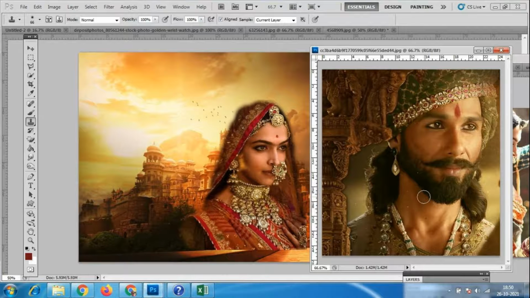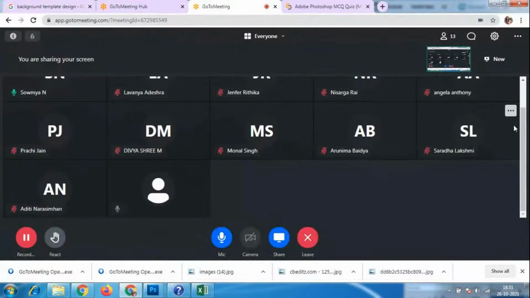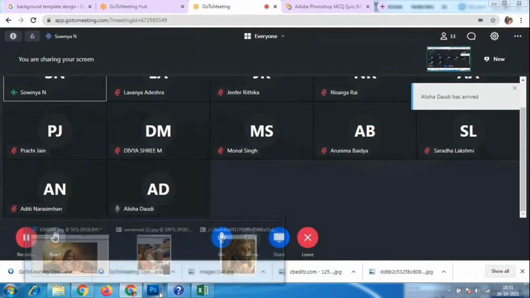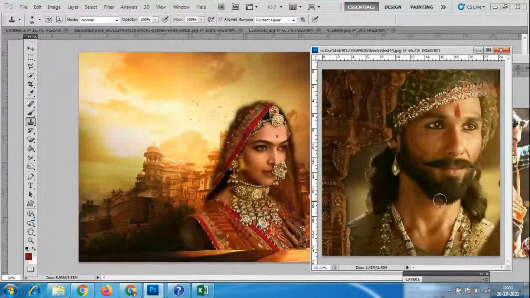Okay, alt and left click. So alt and left click, so any place you can select it.